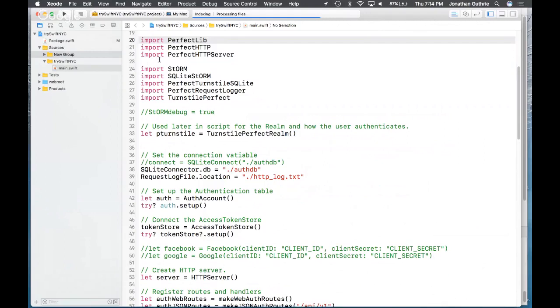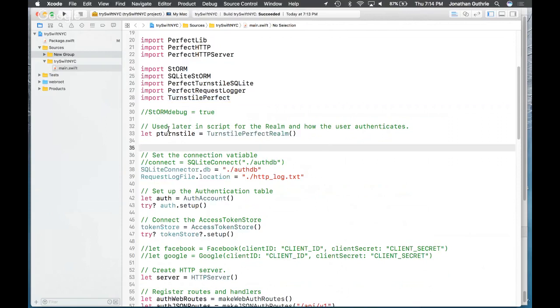Then we've got our ORM, our SQLite ORM driver, and the SQLite version of the Perfect install system. We've got our request logger, and we've got Turnstile Perfect, which is the base layer. I'm going to rip through a bunch of these things very, very quickly.